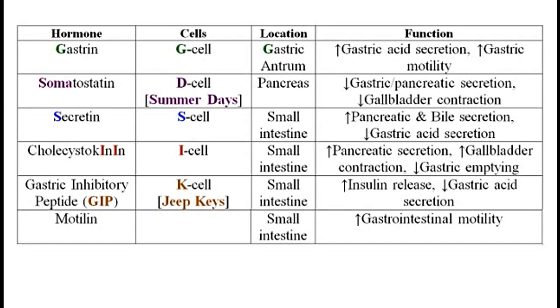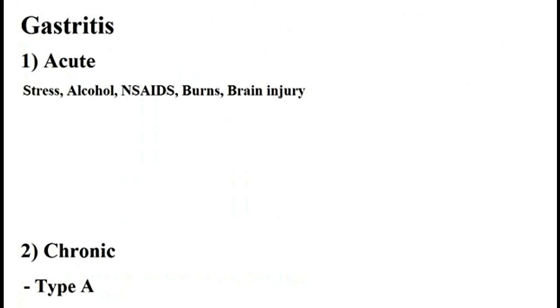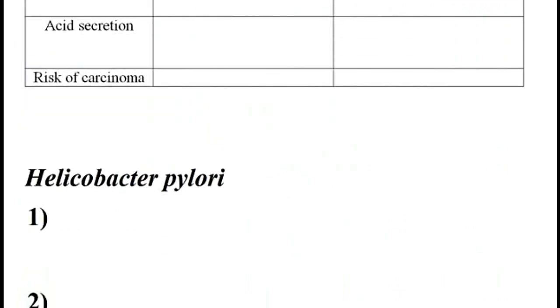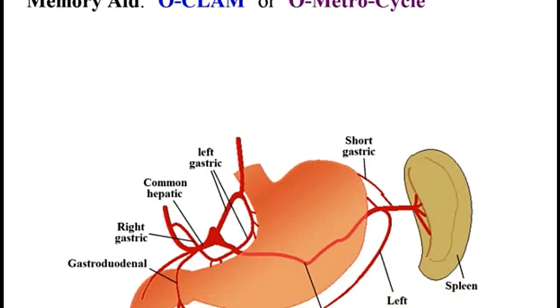In this video, I'm going to talk about different gastric disorders, first starting with the discussion of the function of the different gastric hormones, then discussing the risk factors to acute gastritis versus chronic gastritis, discuss the different forms of peptic ulcer disease, the mechanism of toxicity of Helicobacter pylori, the diagnosis test, as well as the treatment options, then